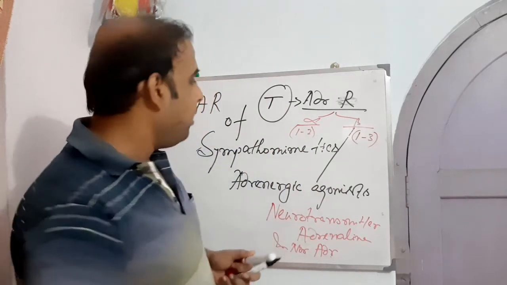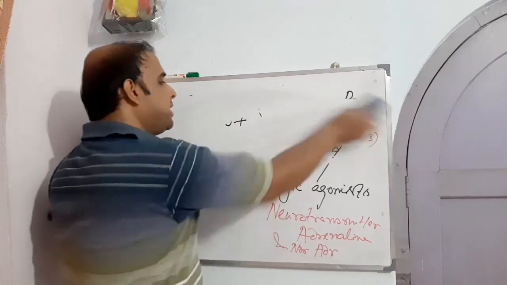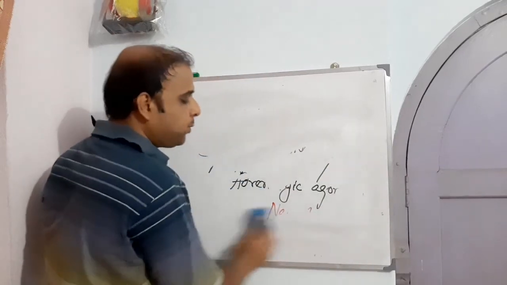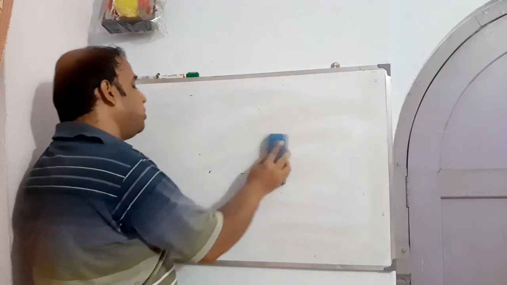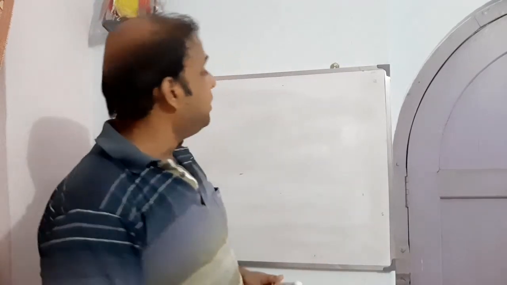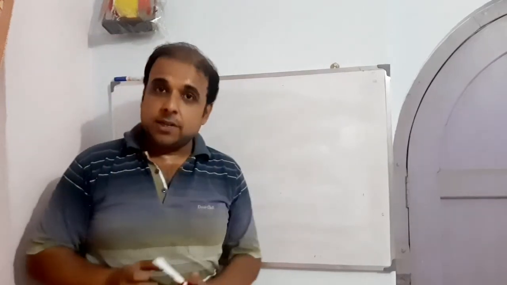Right. So now let me go to the mainstream. Just now we came to know that the adrenergic system comprises two essential things. One is the target, which is the adrenergic receptor, and its corresponding neurotransmitter or ligand is noradrenaline as well as adrenaline, right?